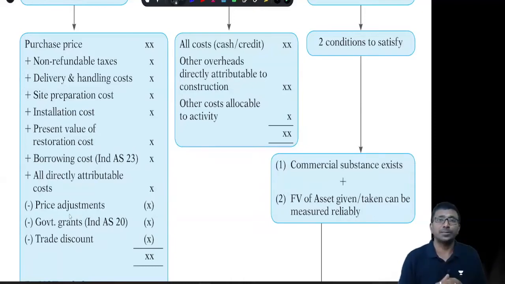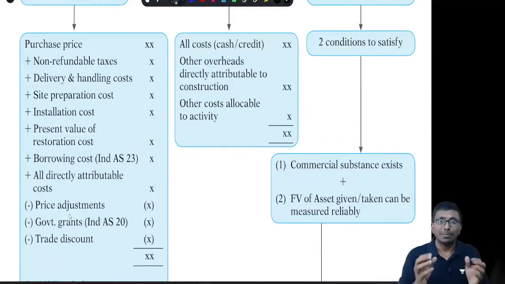Obviously borrowing cost also will be taken up if that PPE is a qualifying asset as per Accounting Standard 16 or Ind AS 23. And all other expenses, even trial run expenditure, net, all other expenses directly attributable to bring the PPE to the working condition